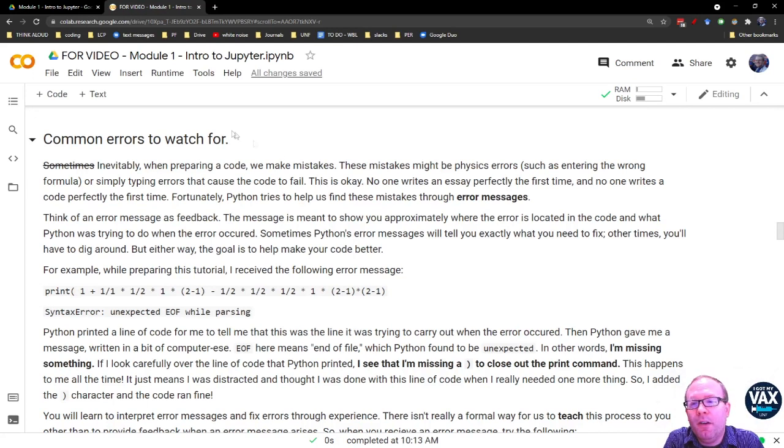Whenever you have an error, Python's going to give you an error message. For example, I was typing this up while working on a tutorial, and I had forgotten to include a parenthesis. I closed my parenthesis here, but I never closed the original print parenthesis. And it gives me an error message that says "unexpected end of file while parsing,"